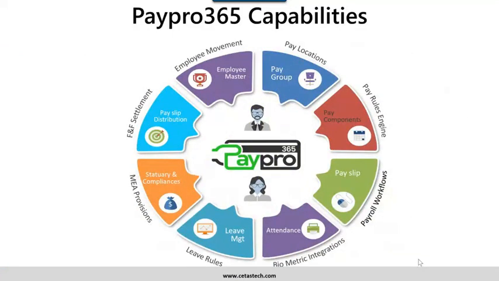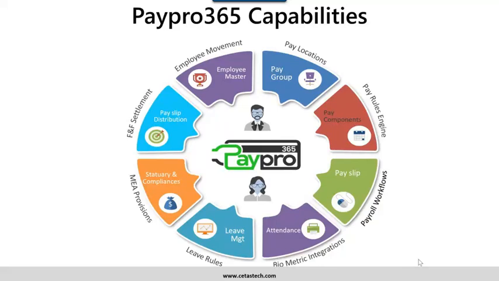So what are its capabilities at the high level? I'll go from the pay location. You can create your pay group. Then you've got the rule engines, wherein I can set up how my payroll can happen. You can have different types of pay groups created. One could be for managers, one could be for staff, and one could be for workers. And then we have the workflow definition, wherein you could go through some approvals for your leave and the claims and those setups.